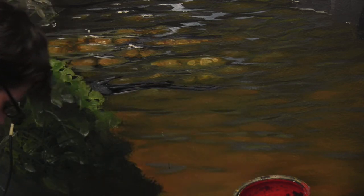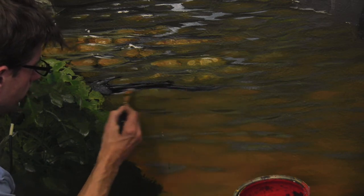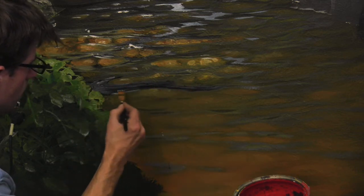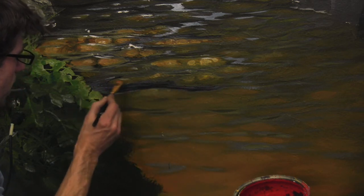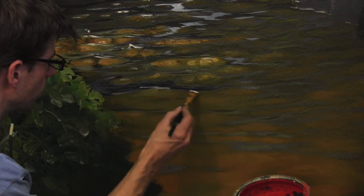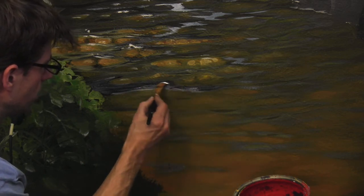There, so now I have a reflection area here. Let's go back with a little bit of black. Kind of go back and forth so that it's a little bit softened. This paint does dry pretty fast. Okay, now I can always come back, and it's very easy to make a black and white mix and blend it into itself. So I'm not going to worry too much about how I'm going to blend the orange into that gray. What I'm going to do next is, after I get this as light as I want it to be,